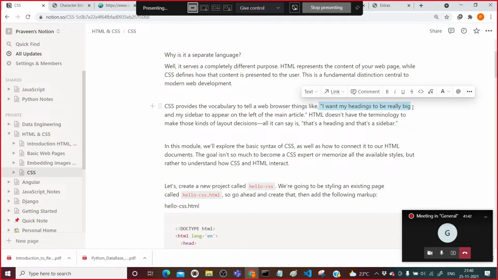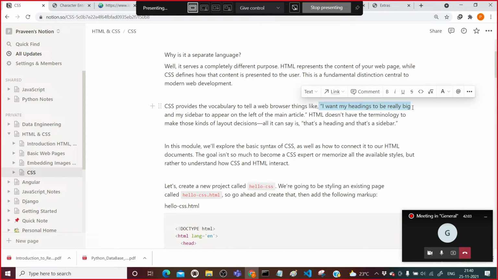HTML doesn't have terminology to make those kinds of layout decisions. All it can say is that I want a heading, I want a sidebar. That's it. Now, in this module, we will be exploring more about CSS syntax and the CSS language.